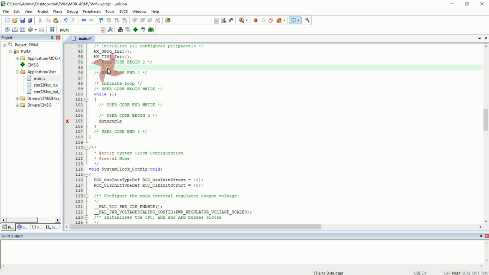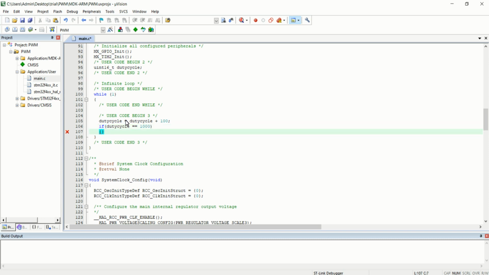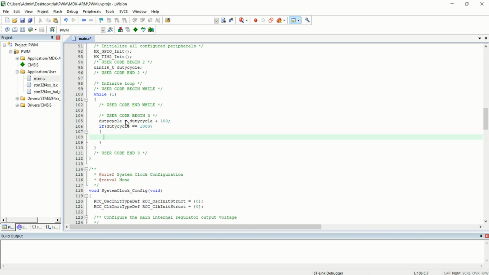So I am declaring it right over here, above main, uint16_t duty_cycle. Then duty_cycle equal to duty_cycle plus 100, and I am going to write one condition: if duty_cycle equal to 1000, then make the duty cycle value to be 100.